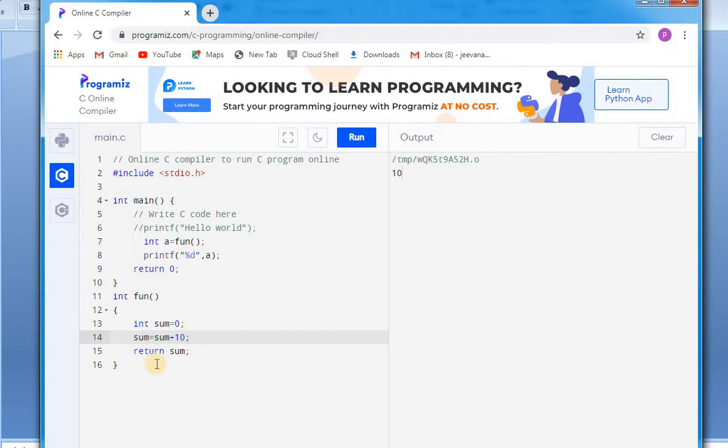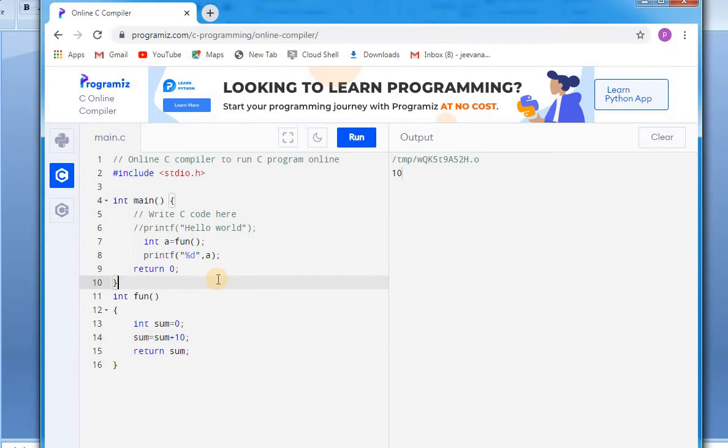Generally you may ask, we can write it in a normal way, so why use these functions? I'll tell you why.